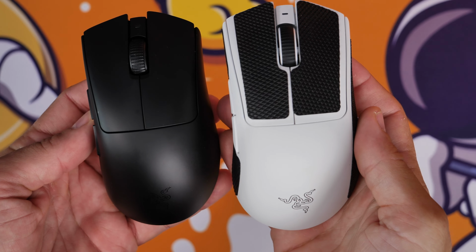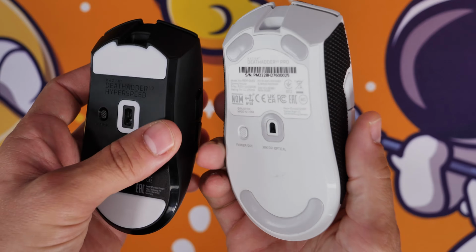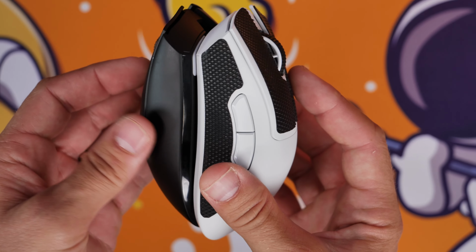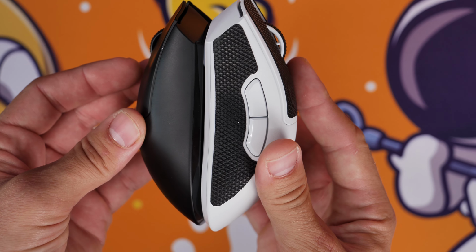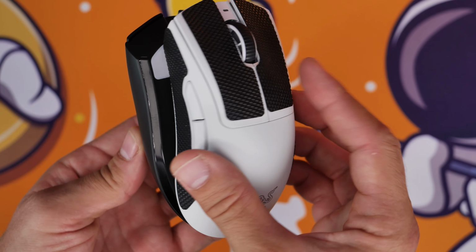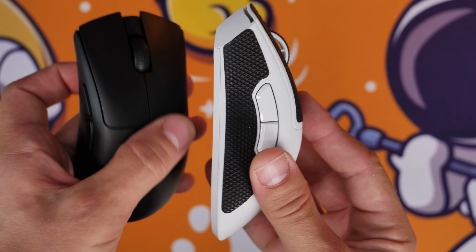It has, however, made some changes to it. For example, it is apparently 0.27% larger and wider, but 23% smaller and lower. So it's shorter front to back and sits lower off the desk. Now, I personally find that the V3 Pro is the more comfortable out of the two because of this, but